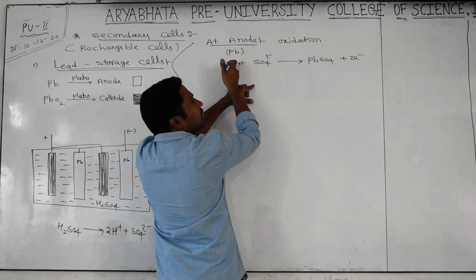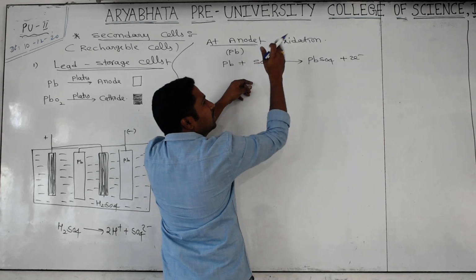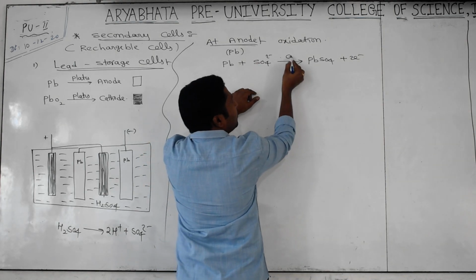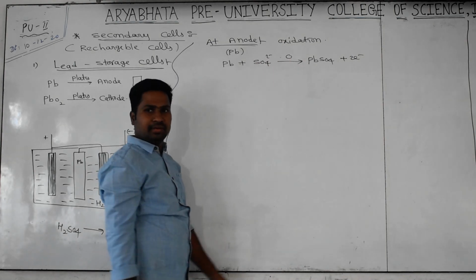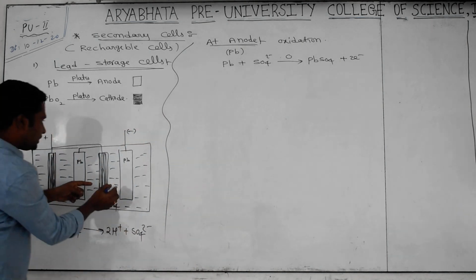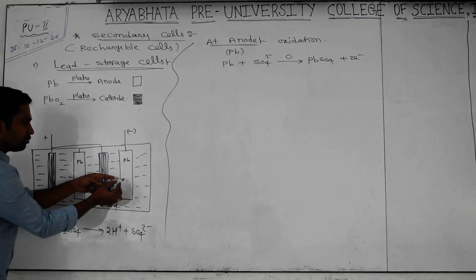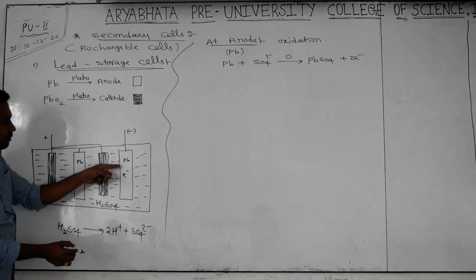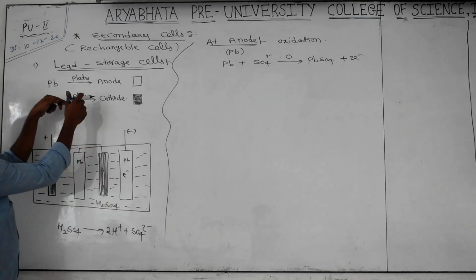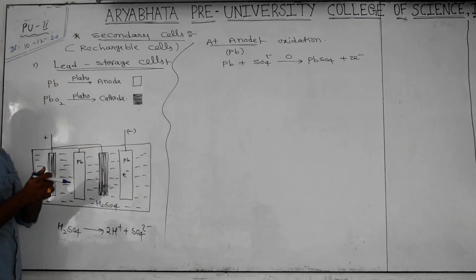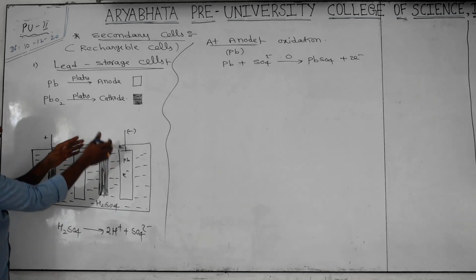Okay, they will be combining with this one. Then after that, what happens? 2 electrons will come outside. The whole phenomenon is called oxidation. Okay, at this lead, what happens? Electrons will be sticking on this one. They will pass through the external circuit automatically. Okay, where will they travel from there?